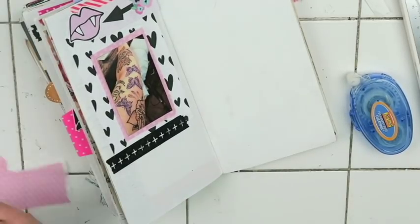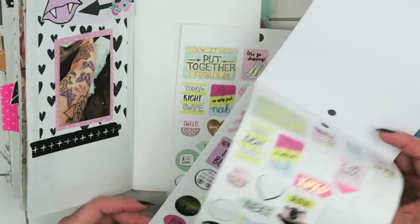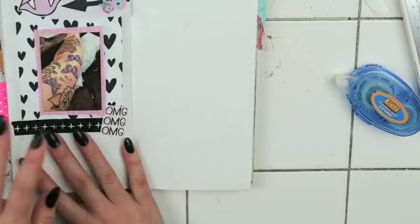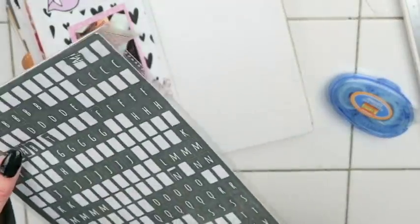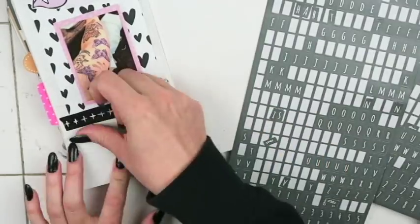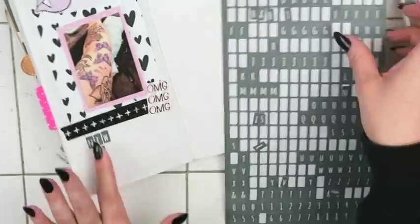Some washi tape. I just love how the pink looks with black and white. It's just so dramatic. I love it. And I try and add some more stickers. I did the OMG, OMG, OMG, just because it has gold foil, and that's kind of a theme, I guess, throughout, just because it's really popular right now. I have a lot of gold foil supplies, so I try and use them together to make my book look